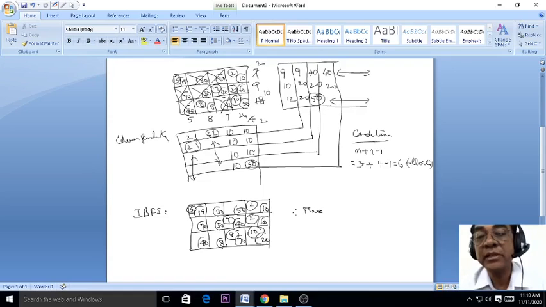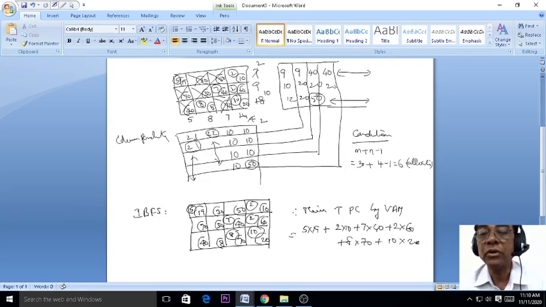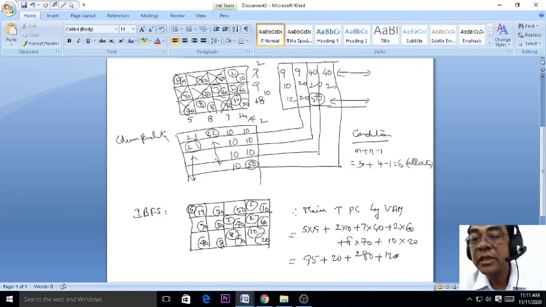Therefore, the minimum total transportation cost by VAM is equal to 5 into 19 plus 2 into 10 plus 7 into 40 plus 2 into 60 plus 8 into 70 plus 10 into 20. Please calculate the value here. Use your calculator. 5 into 19 is 95, plus 20 plus 280 plus 120 plus